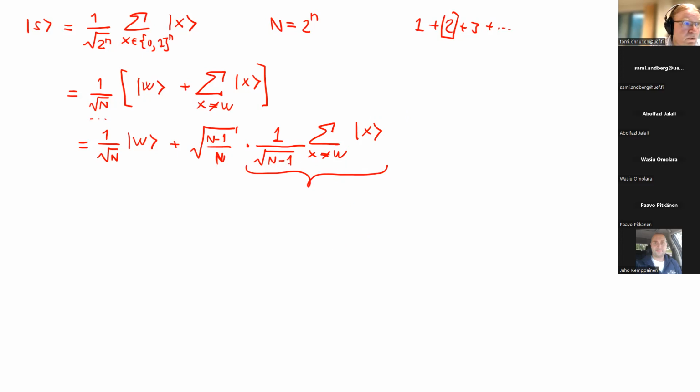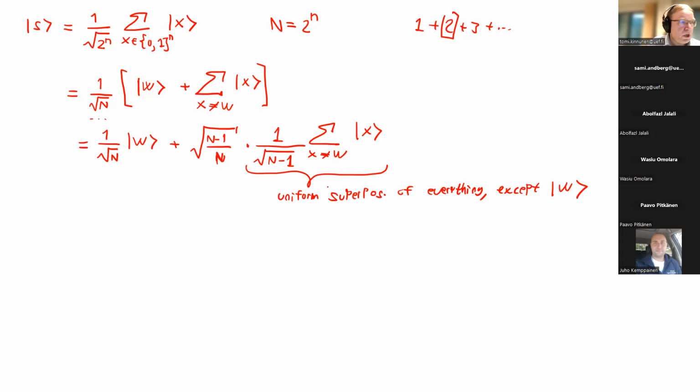We subtracted here the 1, so this now contains a capital number N minus 1 of states because we removed the one that we are interested in. So this is the uniform superposition of everything except the one that we are looking for, apart from that term here.